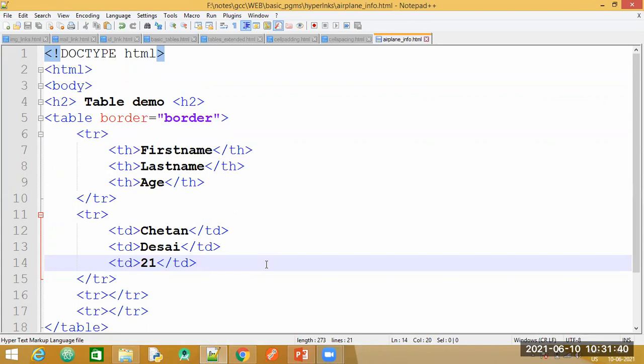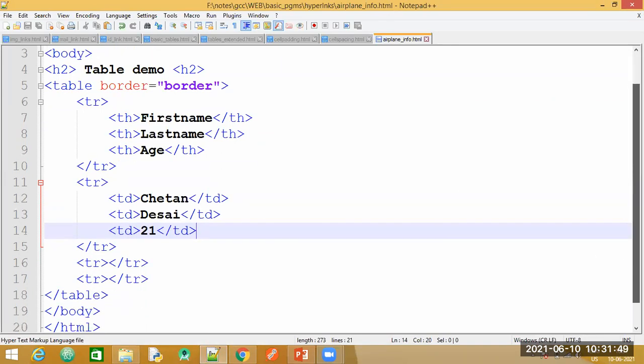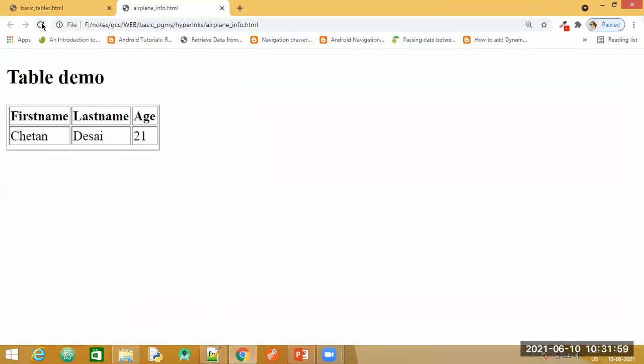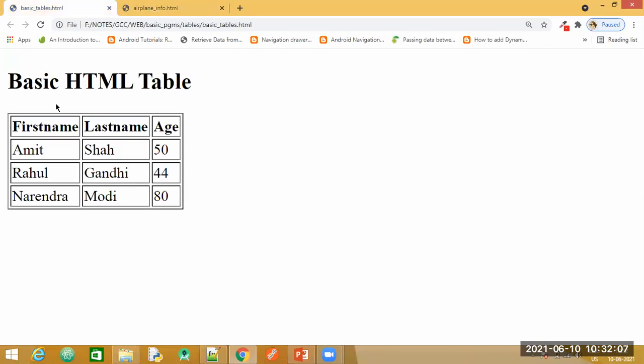Which tag is not closed properly, or which tag have we opened somewhere and not closed? Have a look. Ma'am, heading tag, H2 tag, fourth line. Okay, let me now check if this is the error here. Look, now you are able to see the difference. Yes, it is being displayed correctly, just as this output.